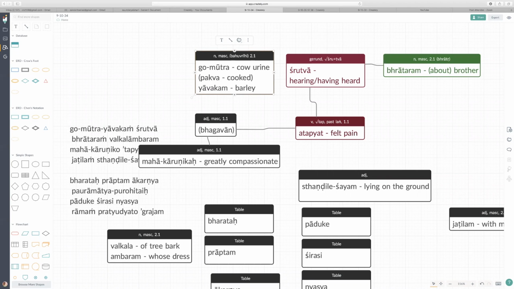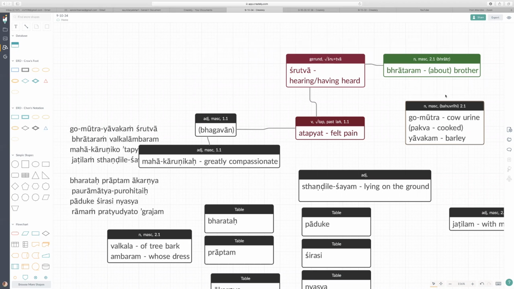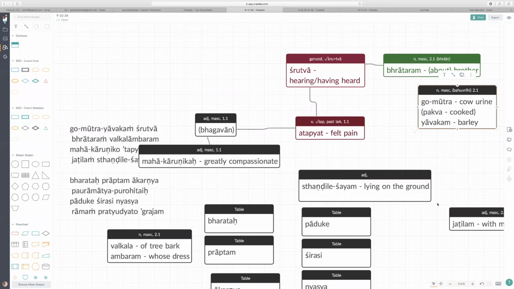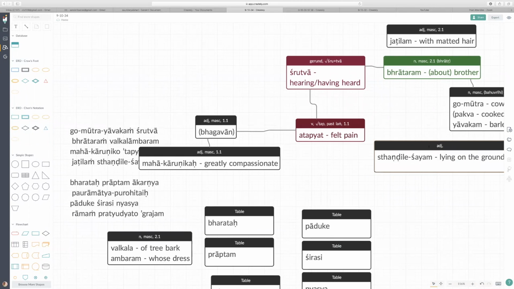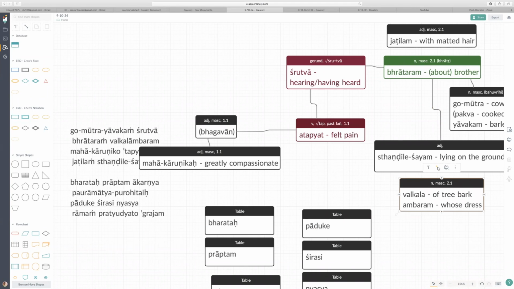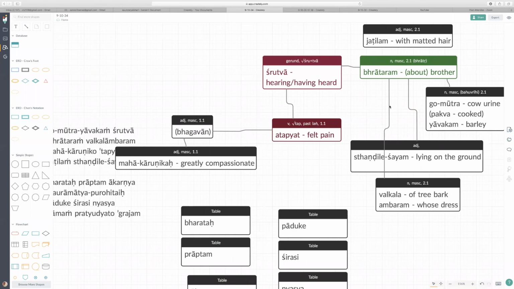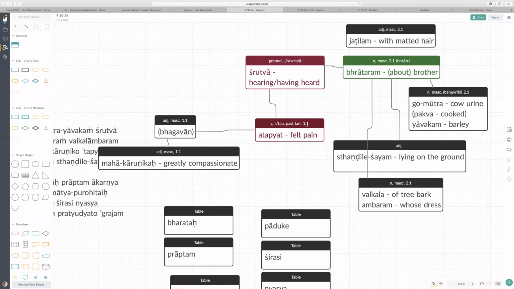Then the brother is described as with matted hair, eating barley cooked in cow urine, and lying on the ground. Valkala. Oh, yeah, we have one more. So all these things are connected to the brother. So that's the sentence. The greatly compassionate Lord felt pain upon hearing